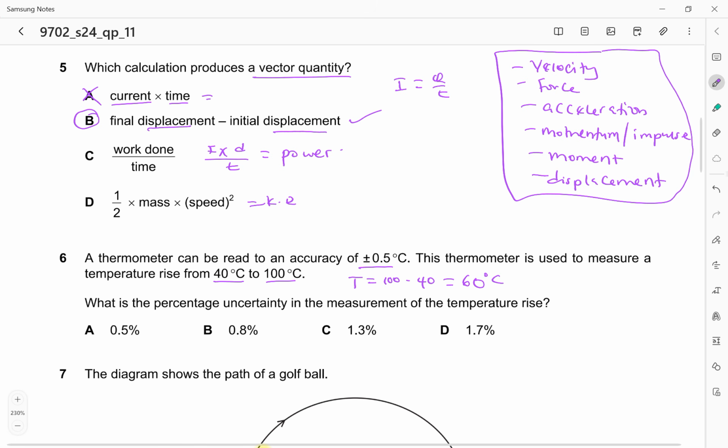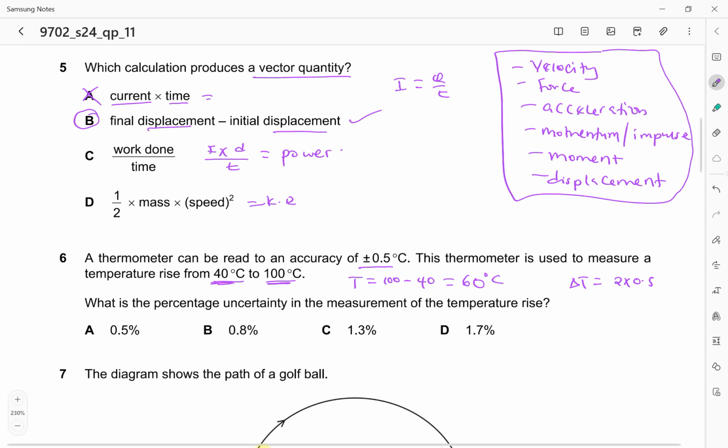What is the percentage uncertainty in the measurement of the temperature? Let's first find the absolute uncertainty in temperature. Remember, whenever we subtract values, the absolute uncertainty just adds up. So the absolute uncertainty is just twice 0.5, because